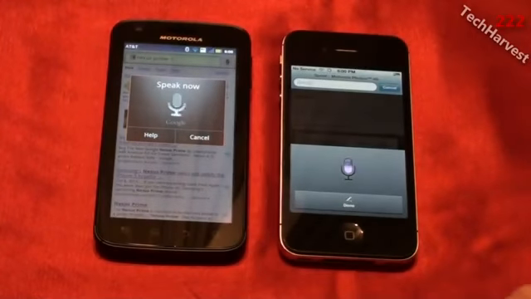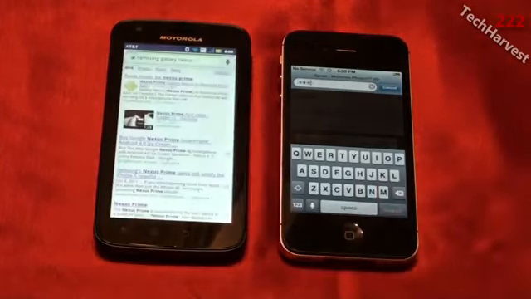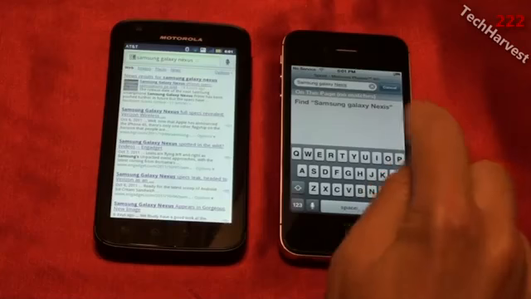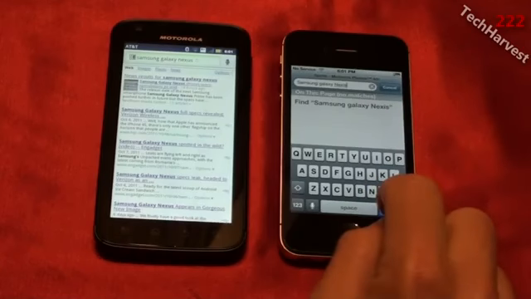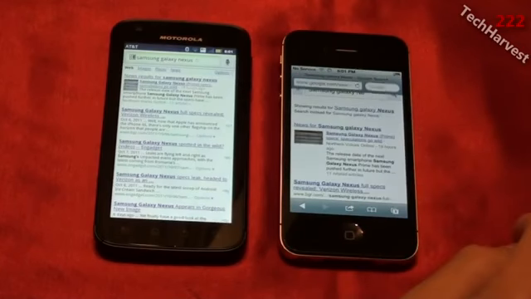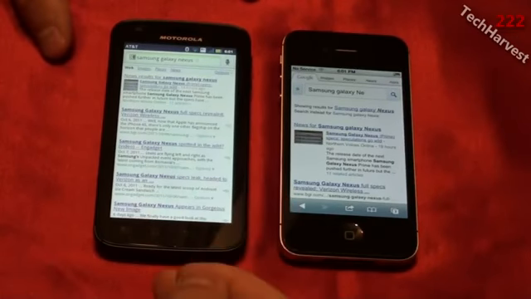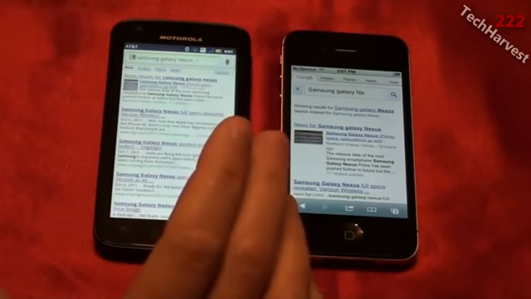Samsung Galaxy Nexus. Okay, it's spelling Nexus N-E-X-I-S over here. Okay, let me hit search and see if it brings anything up. Okay. Alright, so this is pretty much instantaneous over here with Android. It listened for what I had to say, it knew when I stopped, I didn't have to press any button when it was done,